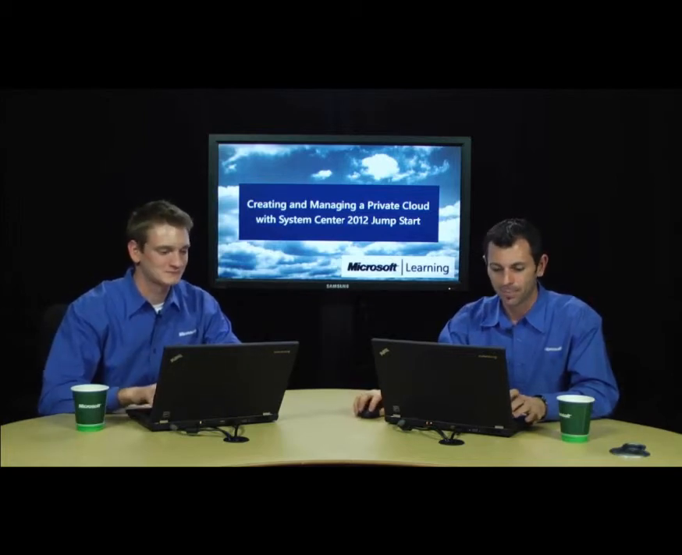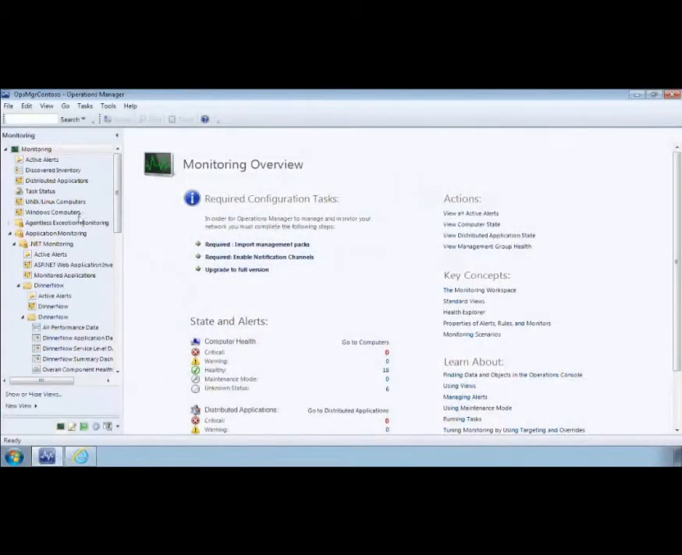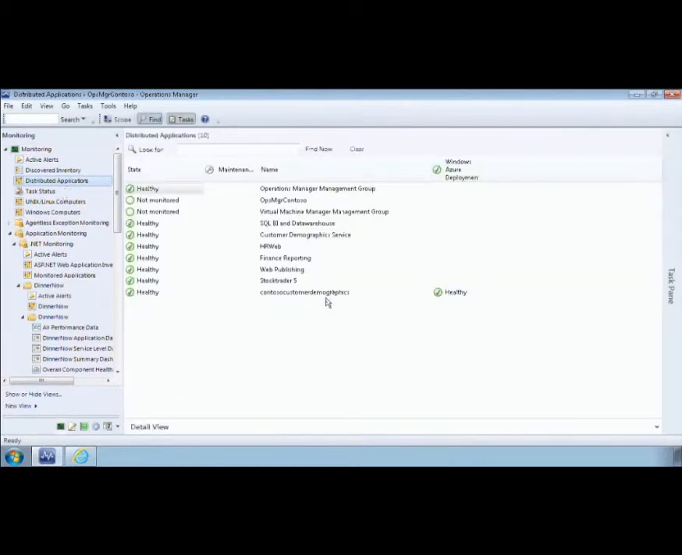Okay, so let's jump over to Operations Manager, and I'll answer the first question. So how does it become available and register the fact that we deployed it? This is the distributed applications view in Operations Manager. There is a connector between Virtual Machine Manager and Operations Manager. When you deploy a service on Virtual Machine Manager, it is automatically synchronized across to Operations Manager and dynamically builds these diagrams. So if we take a look at our customer demographics service and open up the diagram view,